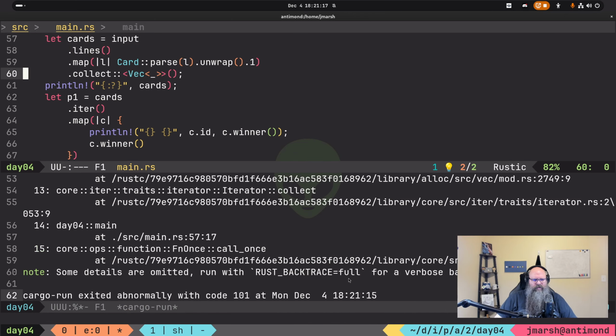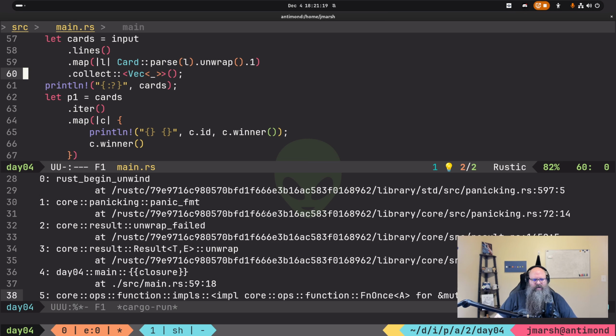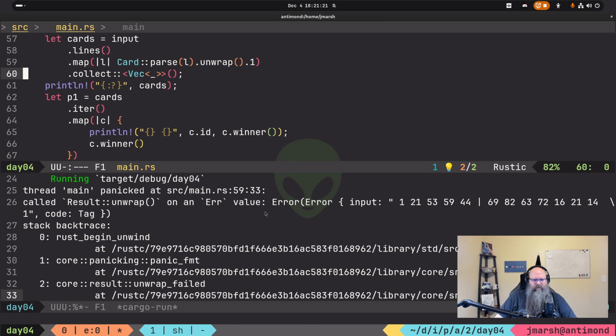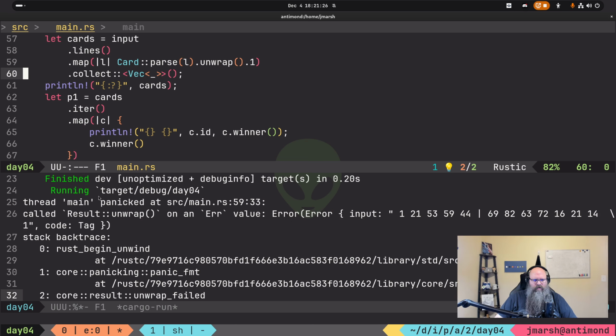Does it have anything to do with the well, now we'll at least get this error. We panic